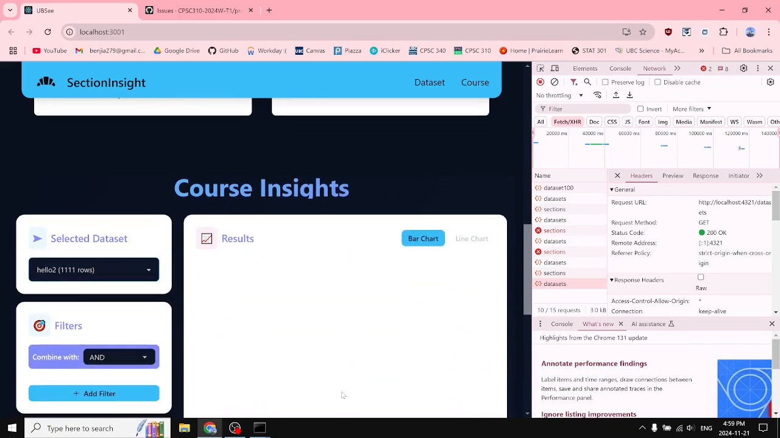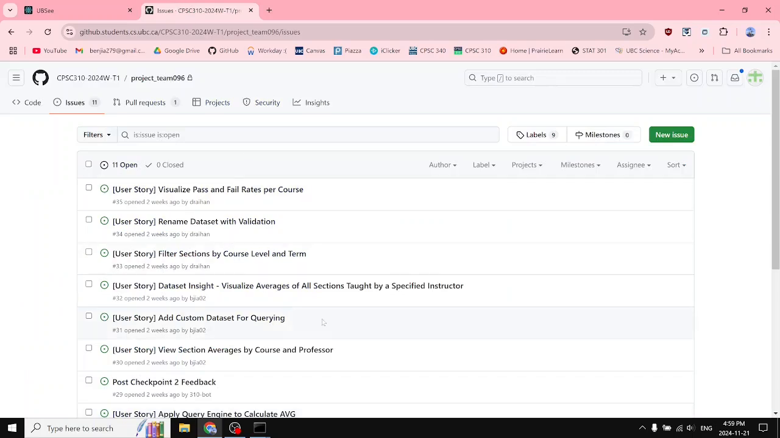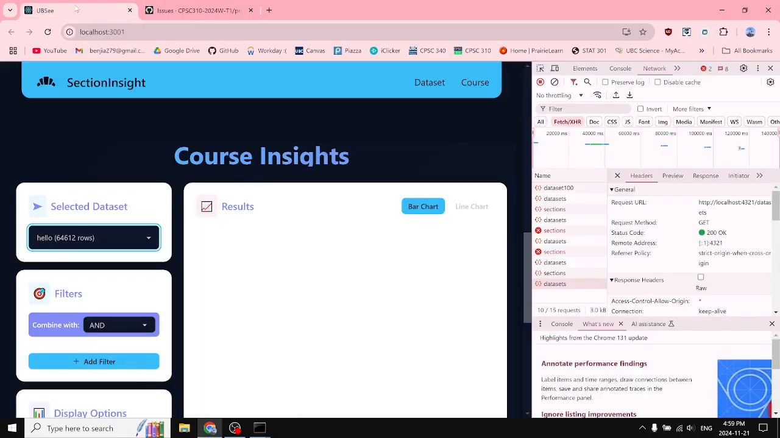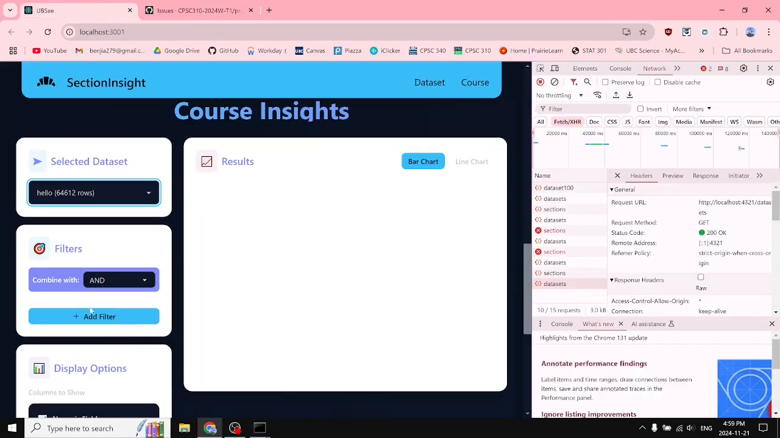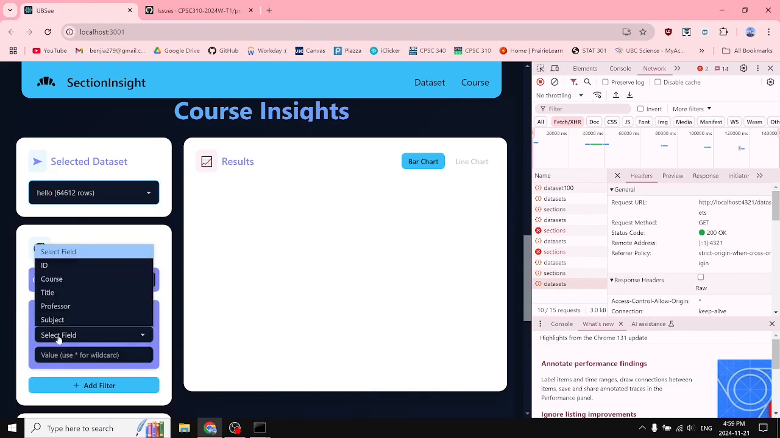Now, moving on to the queries, we can first show that we can select the dataset to work with. Let's just go with pair.zip for the entirety of this showcase. And let's first look at these stories. Starting from the bottom, view section averages by course and professor. So we can first go and add some filters to select for this. So we can try a textual filter with course,